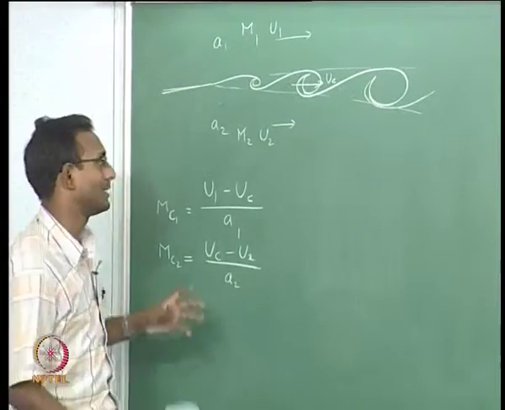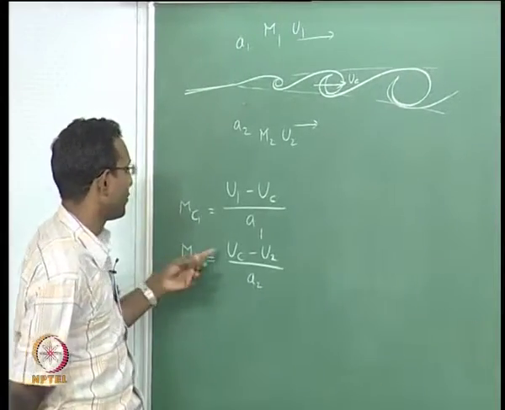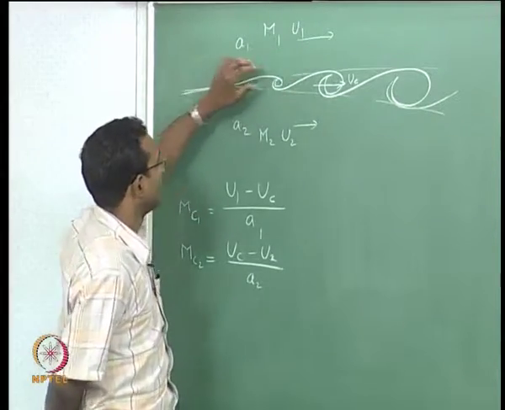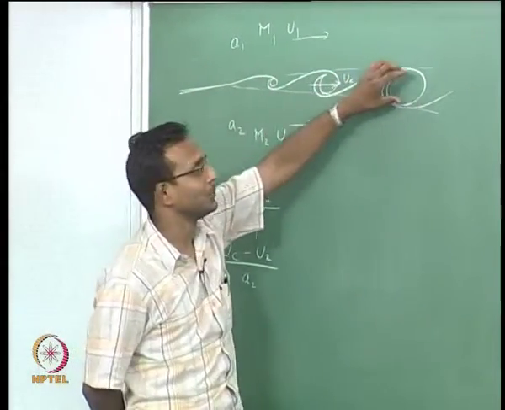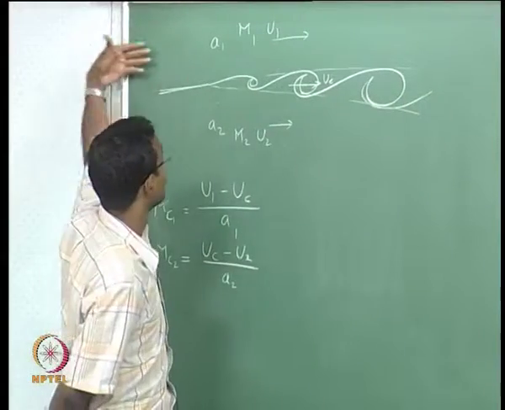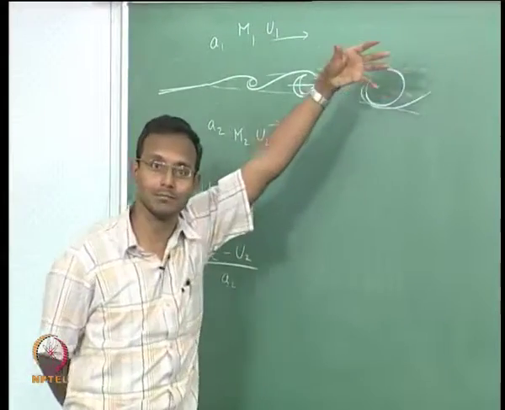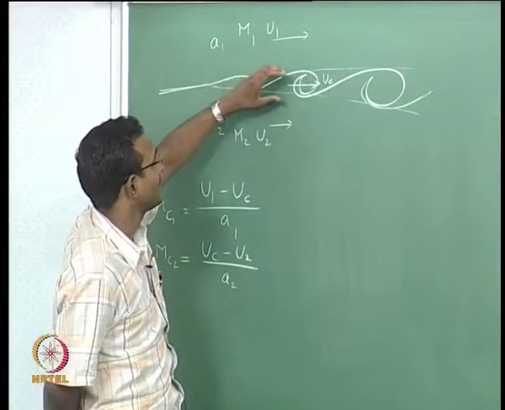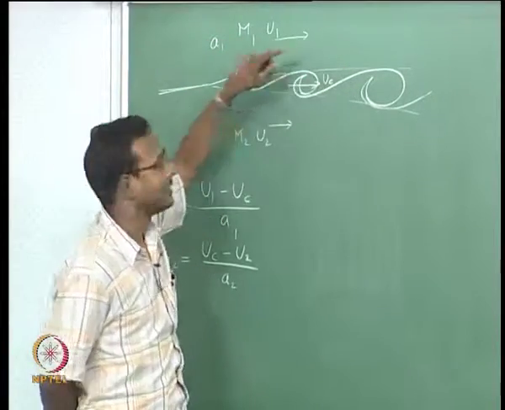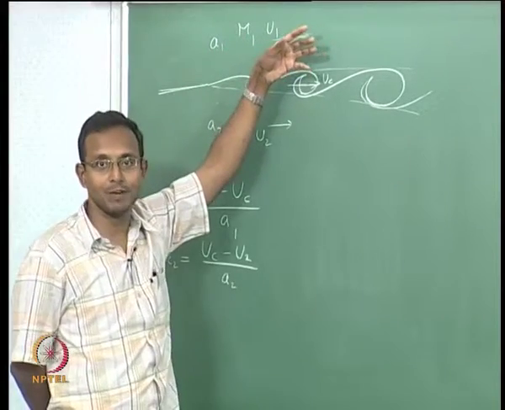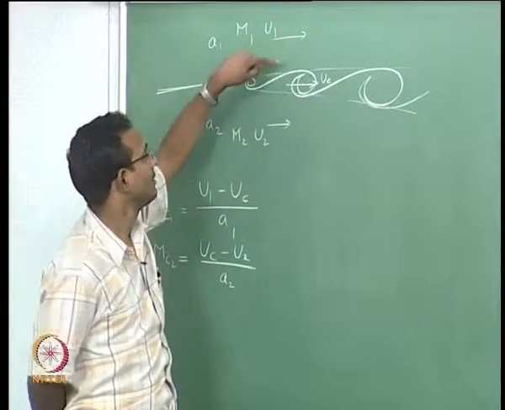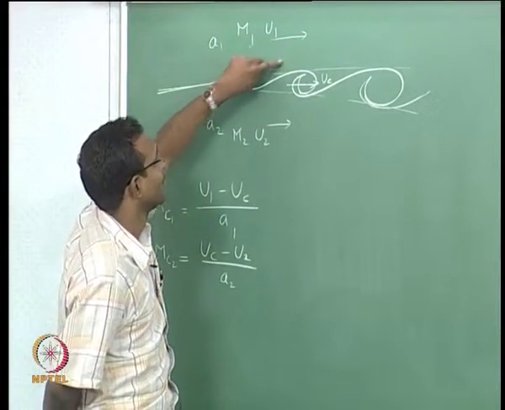Another definition, equivalent stuff. If I think about it, UC is more than U2. So if I look at it, there are these structures moving at velocity UC roughly, and the supersonic flow is going faster than that. So what will it cause? It is like some object is moving with some velocity and the other one is moving much faster, and we are in a compressible fluid. It will form a shock, right?